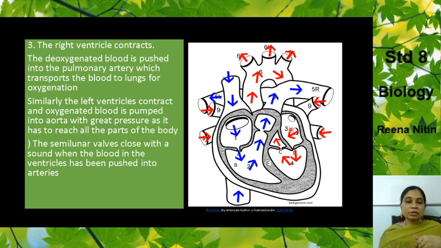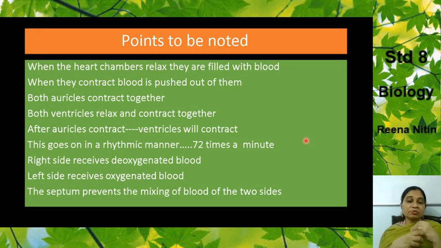So what is this double circulation all about? It is all about first the auricles expanding, then the auricles contracting; at that time the ventricles expand, then the ventricles contract, and blood goes to the semilunar valves. Then again the blood comes back, again it is expanding, again it is contracting. So this rhythm of contraction and relaxation of the auricles and ventricles takes place 72 times in a minute in the human body.